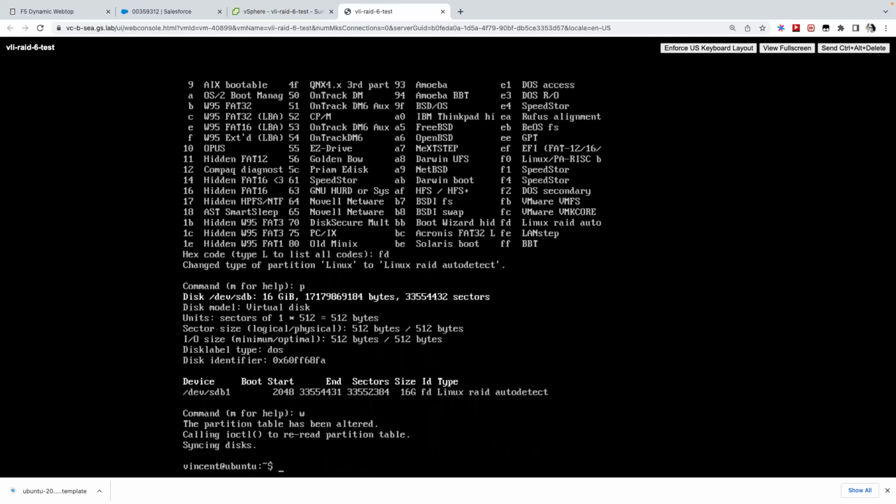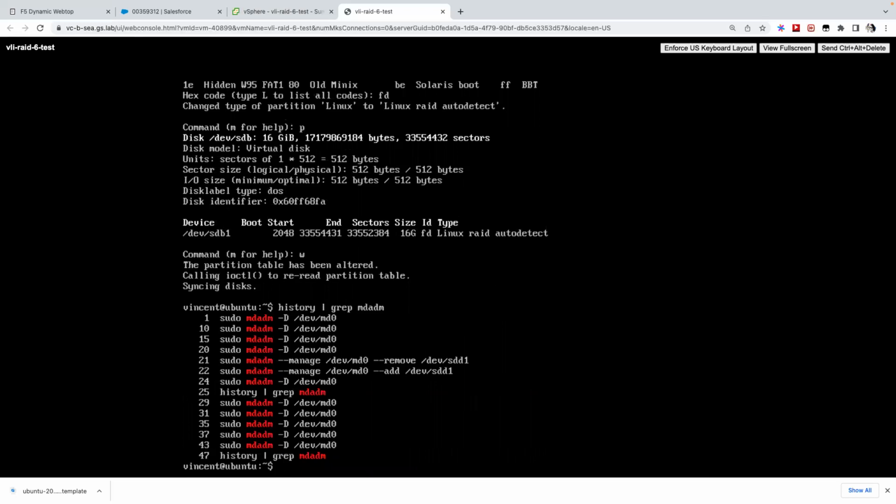I forgot the command. Let's see, mdadm. So as you do mdadm manage RAID md0, add the new partition back as SDB1. Okay,